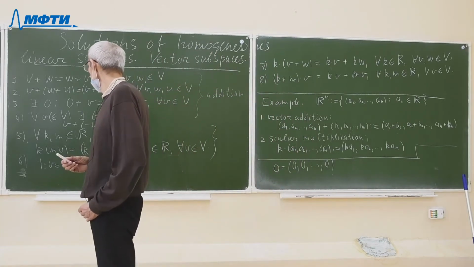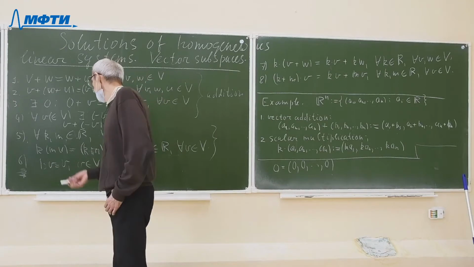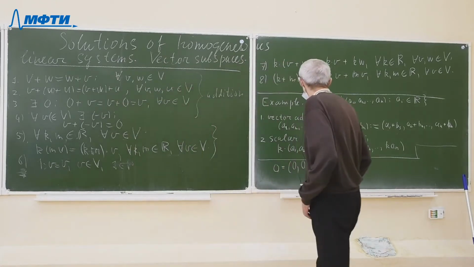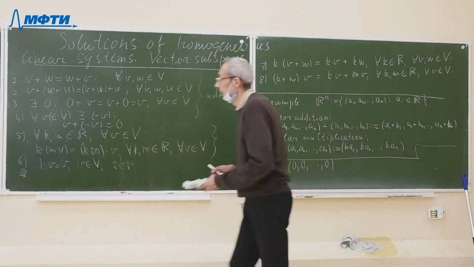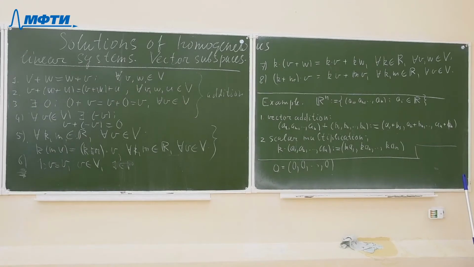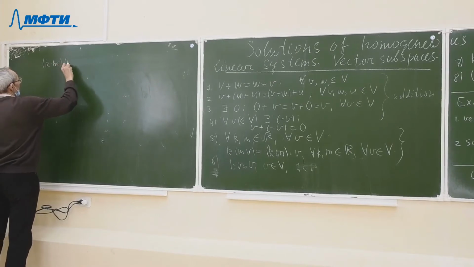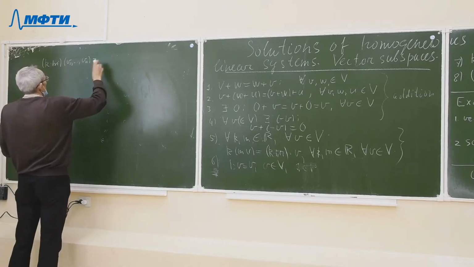The fifth axiom is also satisfied. It is easy to see: if we have two real numbers, the first of them we multiply by the n-tuple, and we obtain the following product. Let we have k, m and the n-tuple v1, vn. By definition,